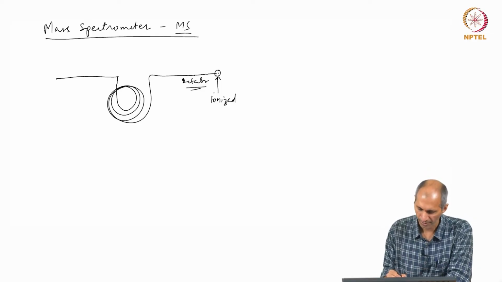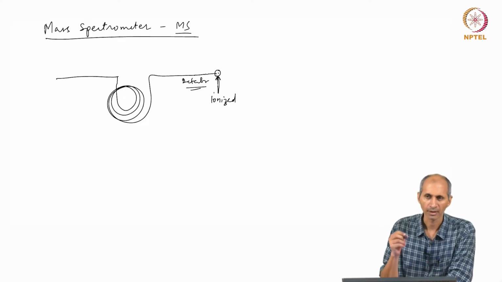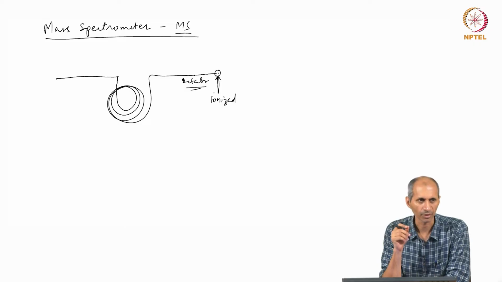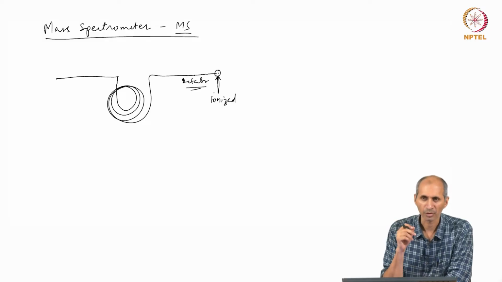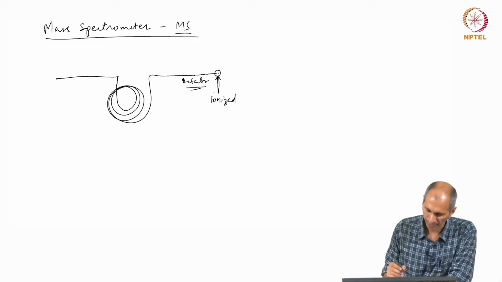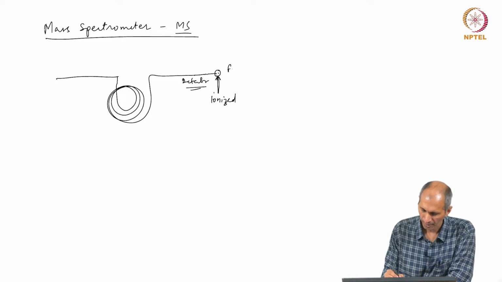It involves the interaction with energy in different forms. In this case, energy is in the form of electrons, high energy electrons, and not that high energy also, it is fairly moderate. There are other devices where you can ionize it to a much larger extent and do further things. But what essentially happens here is that there is a fragmentation of the organic molecule